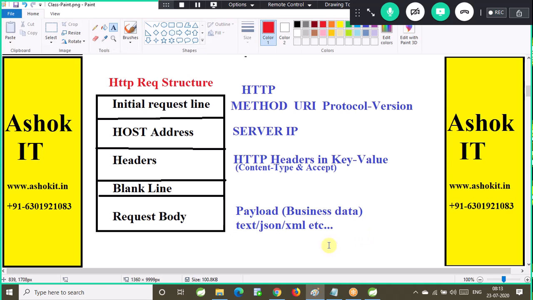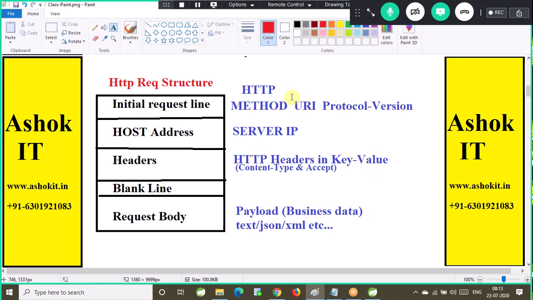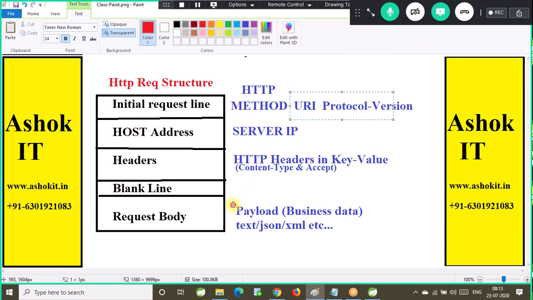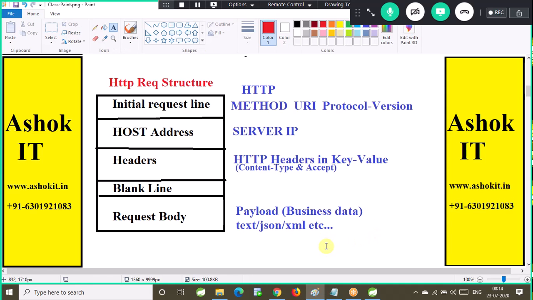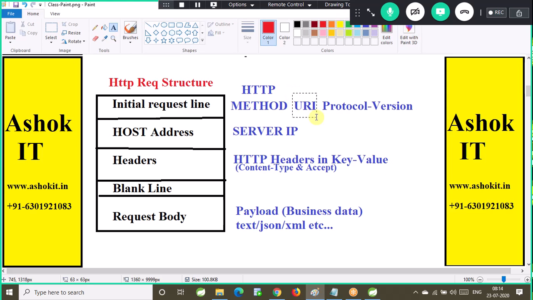So the client can send the data either in the URL or in the request body. Are you guys able to understand? If it is not sensitive, if it is not secured, if it is not secret, it is not a PIN number, it is not an SSN, just one ID I want to pass as 101, for that request body is not needed. Such kind of data you can send in the URL as a query parameter or path parameter.